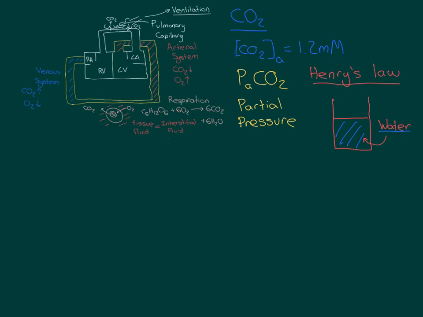Okay, so we're now going to imagine that we have a certain partial pressure of carbon dioxide up here, and I'll just write that on. I'll go for green now. So imagining that we've got a certain partial pressure of CO2 up here, and because I'm not talking about the arterial partial pressure of CO2, I've not subscripted the A there, I've just put PCO2, referring to the partial pressure of CO2. What's going to happen is, if we've got carbon dioxide molecules in the gas that this fluid is exposed to, so here's a carbon dioxide molecule, some of those carbon dioxide molecules are going to end up dissolving